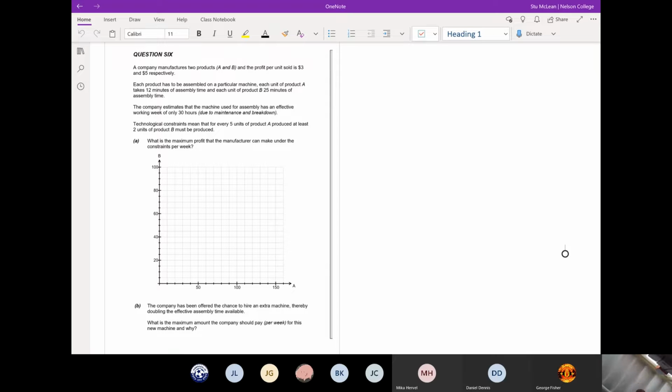All right, so a company manufactures two products, A and B, and the profit per unit sold is $3 and $5 respectively. So straight up,